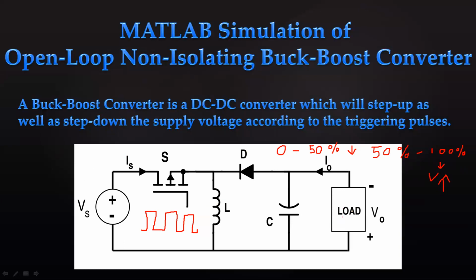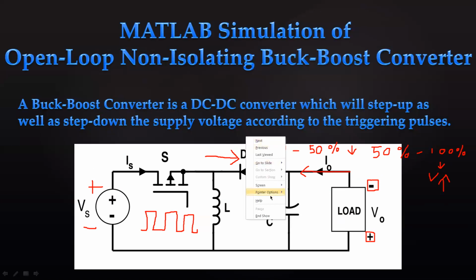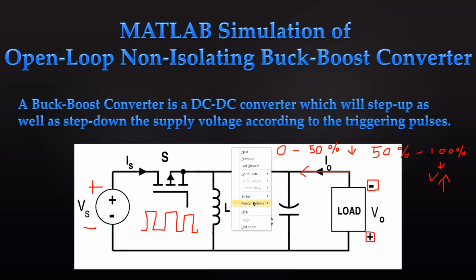But one thing that is very important that we need to understand is the output will be opposite, right? So as you can see, this is the plus and minus of Vs. But the output we are seeing is negative on the top side and positive on the bottom side, right? That is because the current will flow in the opposite direction. We can see there is a diode here, so if current flows in this direction, it will reverse bias the diode and it will be open circuited. So current will not flow in this direction, right? So let's see the working.